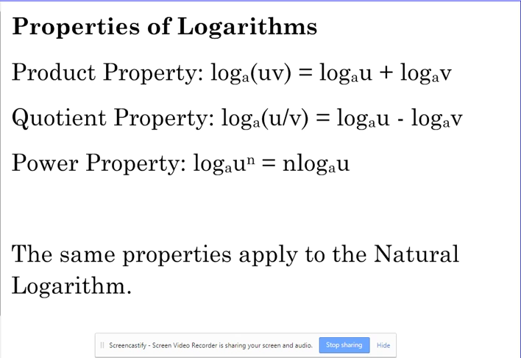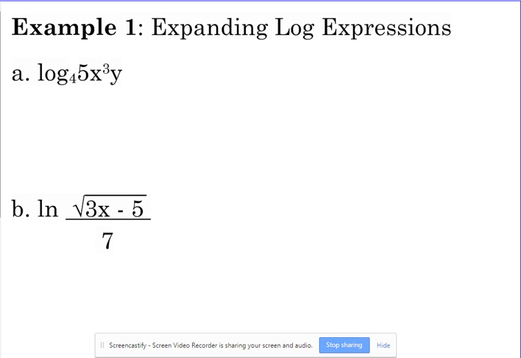And then the power property is very useful. You can take an exponent and it comes down and becomes the coefficient of the logarithm. Okay? And these same properties apply to the natural log as well. So we can use these with the log and the ln, common log and the natural log. These are applicable to both. Okay, so the first thing that we're going to do is expand some expressions. Flip your paper over, we're going to expand some log expressions